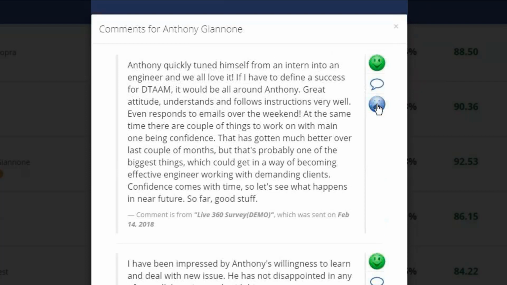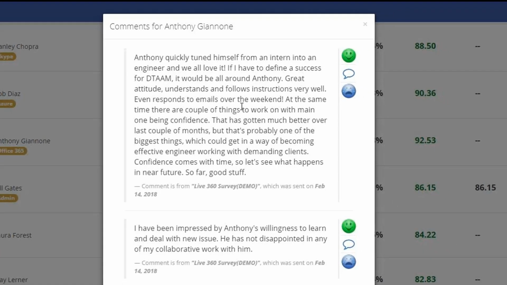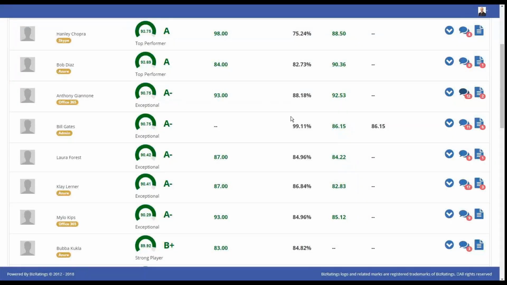And supervisors will have an ability to upvote or downvote these comments to say whether they're helpful. This then goes back and rewards the individuals that shared the comments by giving them a high contributor score. This is how we encourage everyone to be a coach within an organization and provide valuable feedback. This is, once again, only data that is available to the supervisors, meaning this is an ability for them to compare what their own supervisor score, the manager score, was in relation to the score that everyone else gave.